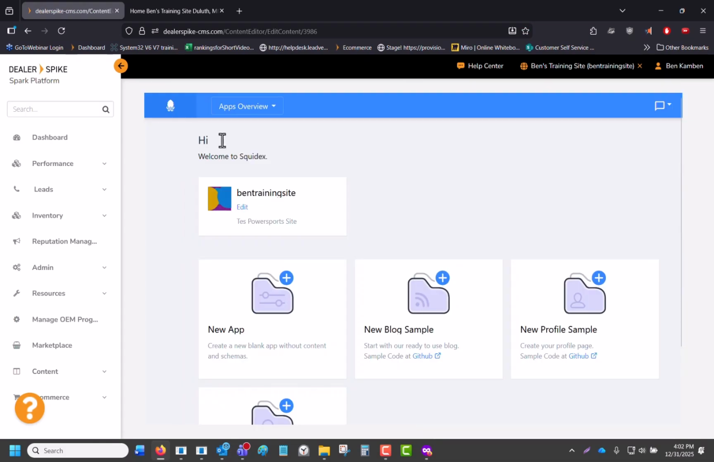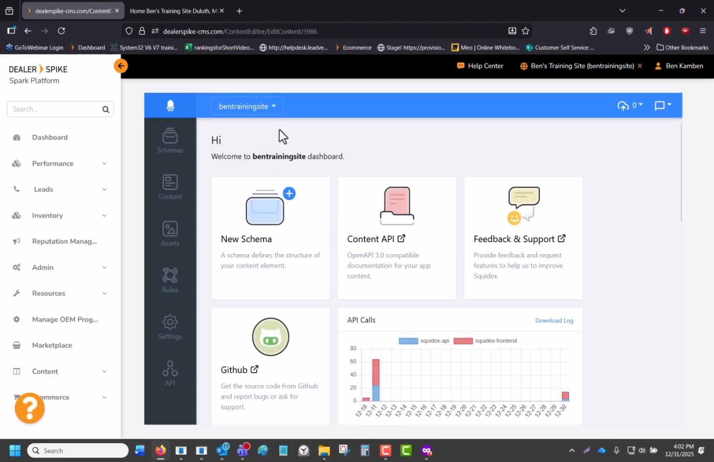And now we can say, hi, welcome to SquidX. SquidX is the original program that we got in order to have a blog tool on our sites. We'll go to where the name of our site is, and we'll click on Edit. Now, the first thing you're going to want to do is create what they call a schema. A schema is just a placeholder so that you can actually have the name of a blog section and an